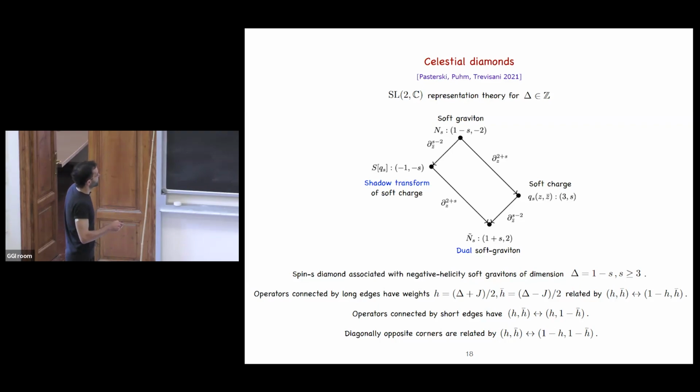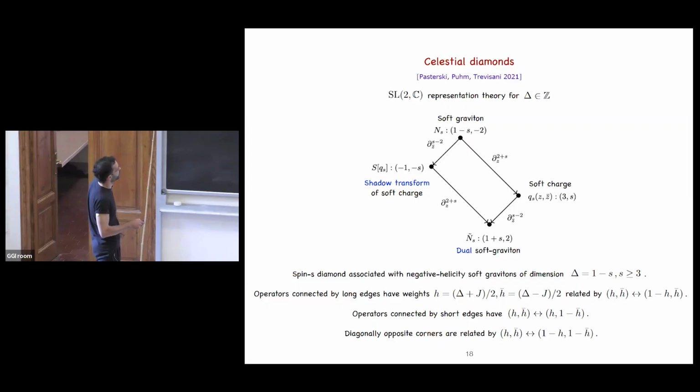And then you can continue along the edges of the diamond, and what you end up with is a quantity which is not really the shadow transform of the soft graviton, but it's what we call the dual soft graviton. So keep in mind that the relation to go from one